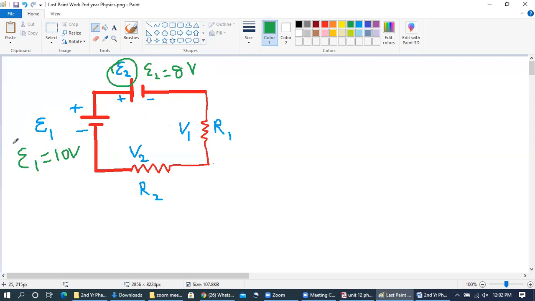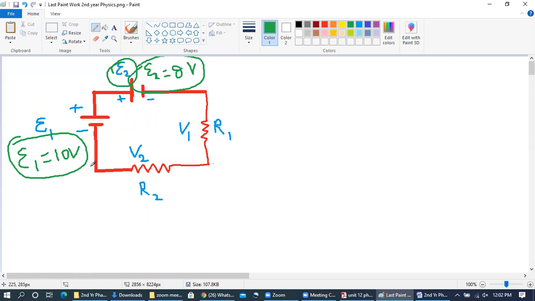Then actually, since battery 1 is more powerful as compared to battery 2, because battery 2 has only 8 volts while battery 1 has 10 volts, therefore battery 1 is more powerful as compared to battery 2, and hence the overall result will be such that